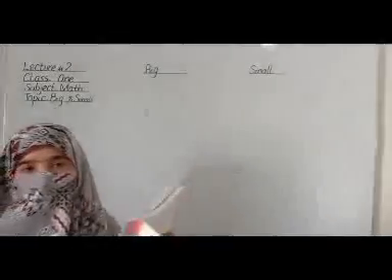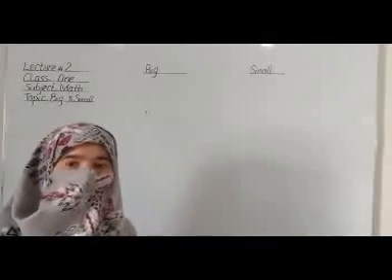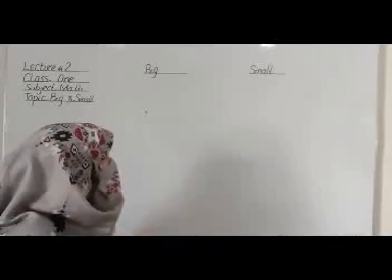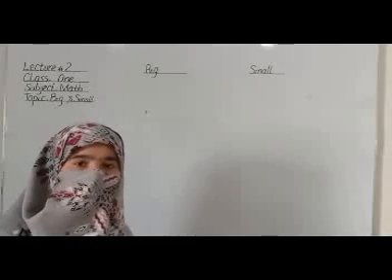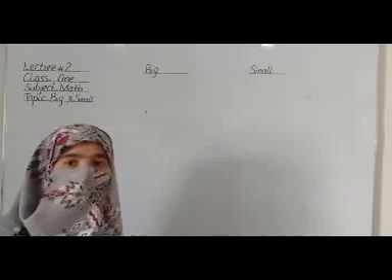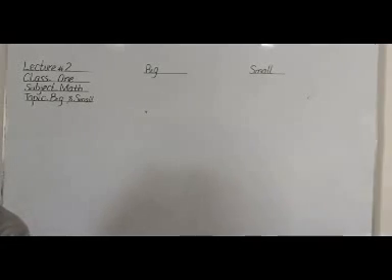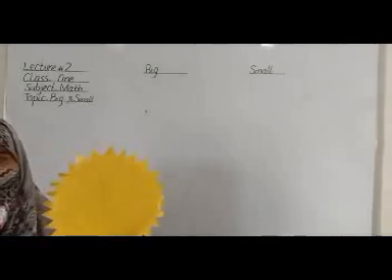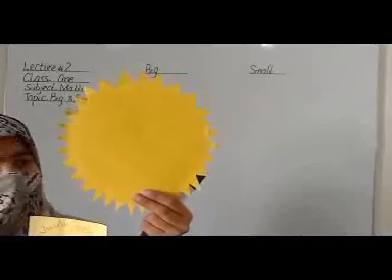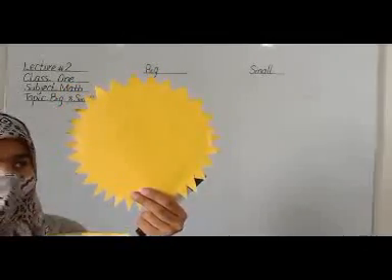Okay. Now we start an activity about bigger and smaller. I want to show you some pics, some objects about the bigger and smaller. You know, you have learned about the bigger and smaller in your house, in your classroom and in the garden. Now I show some pics. Look, I have one pair of suns. Tell me, is this one the bigger sun or the smaller sun? This one is the bigger sun.